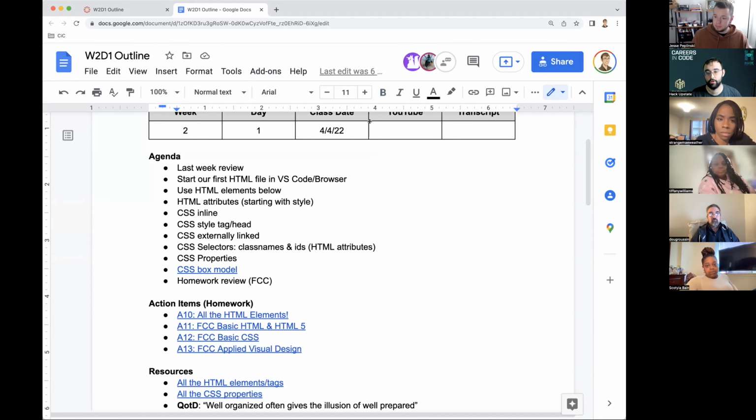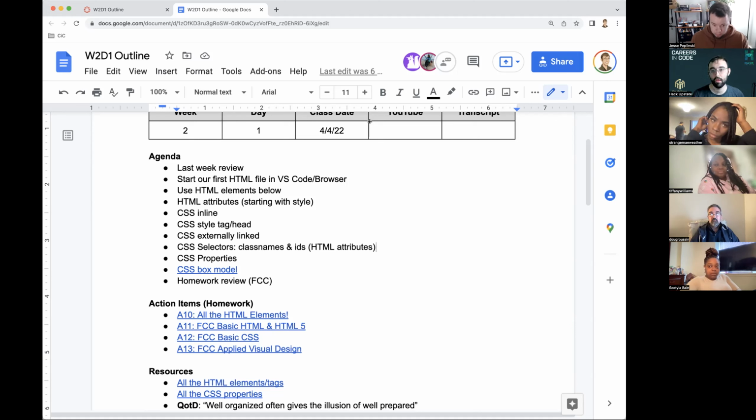Then we're going to get our first HTML file started in VS Code and pop it open in the browser. That may be reminiscent of the file exercise as part of the admissions process, but we're going to start leaning into all of the prep work that you did in Code Academy, right? So we're going to start using HTML tags, and all we're going to do today is make a really ugly